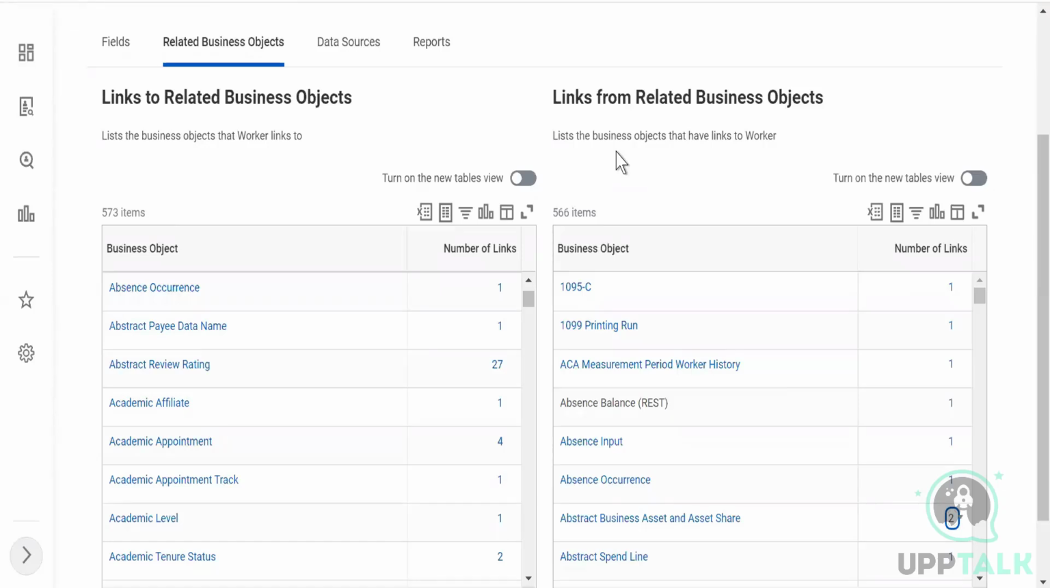Ashish, I have a question. For example, I am using a data source worker for HCM reporting. My primary business object would be worker. And I am creating an all active worker report. So when I try to use related business object, definitely the fields which are available